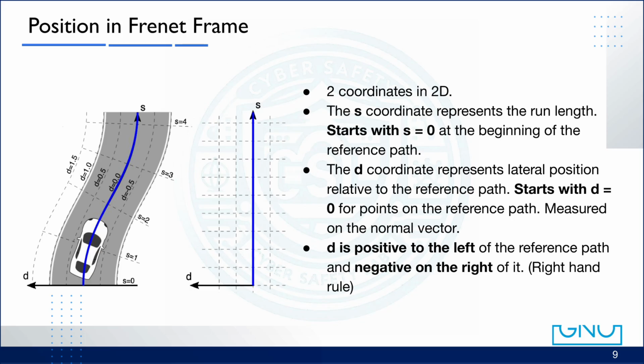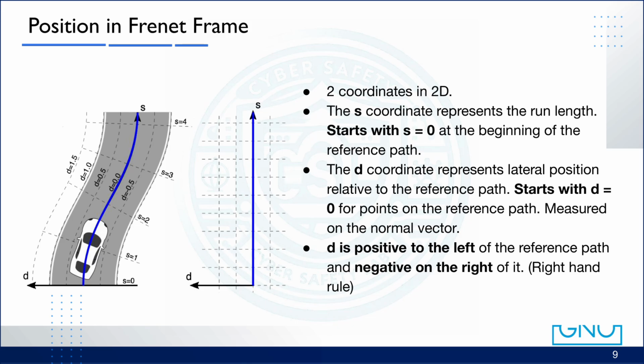In two-dimensional motion, the Frenet frame can be simplified to just two coordinates, S and D. The S coordinate represents the vehicle's progress along the reference path. You can think of it as the distance you've traveled along the track's centerline, measured from the very beginning, where S equals 0. As the car moves forward, the S value keeps increasing, just like the odometer reading in a car. It's a curvilinear distance that follows the shape of the path,